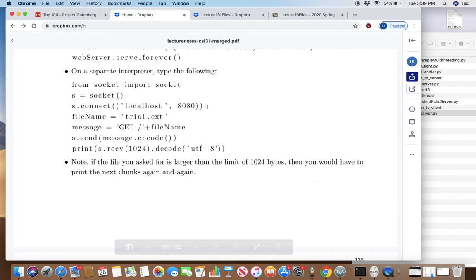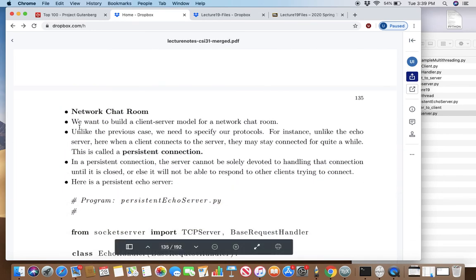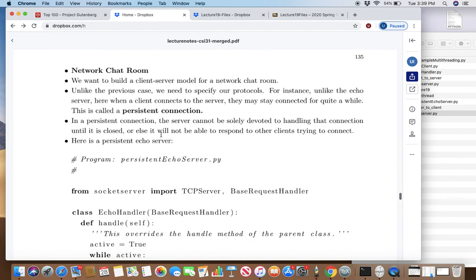So the next big project, the last section here, is network chat room, but I'm not going to prepare a video for this because this really has to be done in a lab setting with a few people involved. Okay, so this I will not cover in my videos, but I do want to show you how to develop